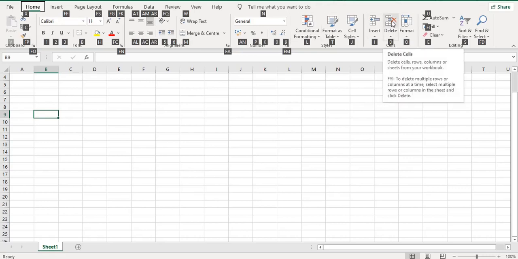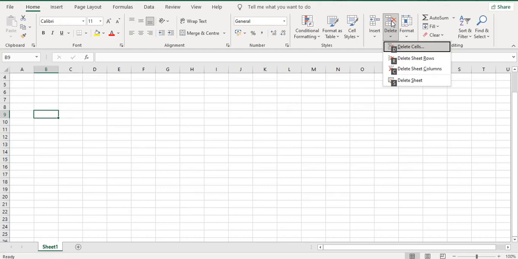For that, we will press D, and after pressing D, we have three options: delete cells, delete sheet rows, delete sheet columns, and delete sheet. And for that we have different alphabets, and now we have to delete the cells, so we will press D,